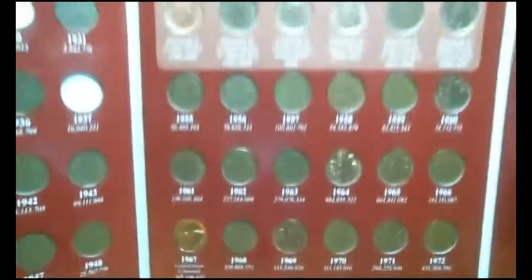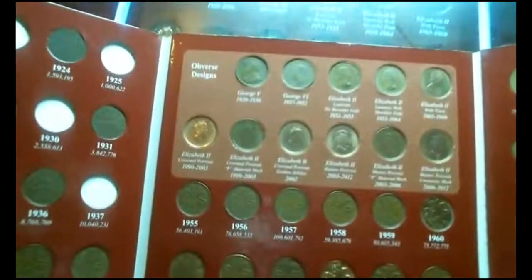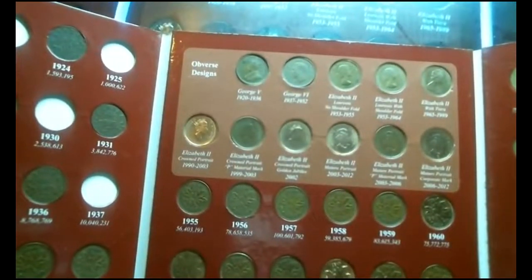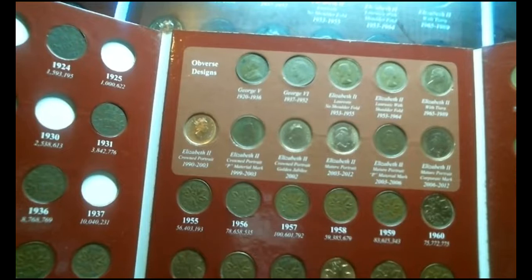This book is not working the way I want it. There you go. Anyways, there's King George V, King George VI, and a lot of you have found these coin roll hunting. And they're very few and far between with the King George V. The VI is a lot scarcer. The young heads, from 33 to 55, you can find a couple here and there in the coin roll hunting. And of course, the rest of them are all